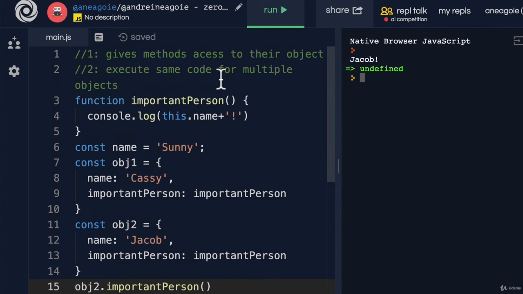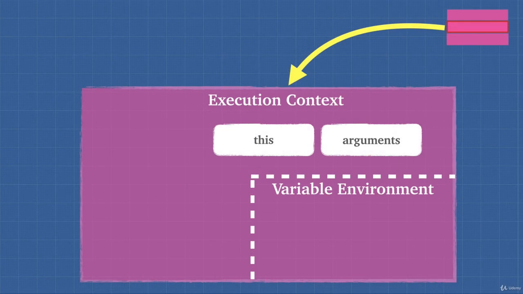So to review, this is usually determined by asking, hey, execution context, what called the function? What called me? So you can think of this as who called me? Who's that person that ran me as a function? And the this keyword acts as a placeholder and will refer to whichever object called that method. Now, there's an interesting thing that